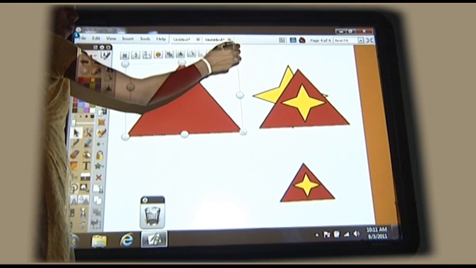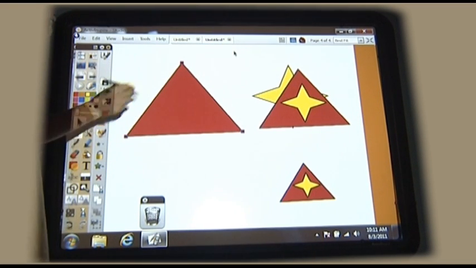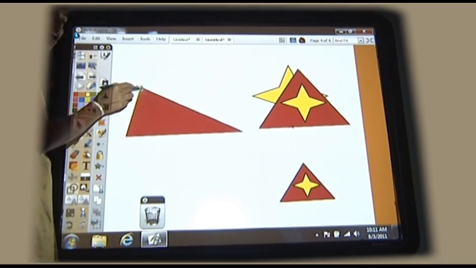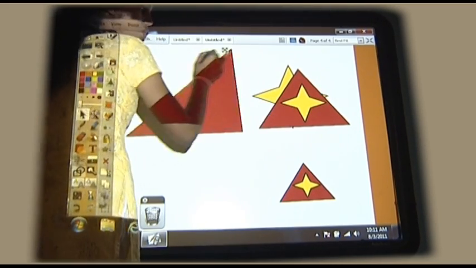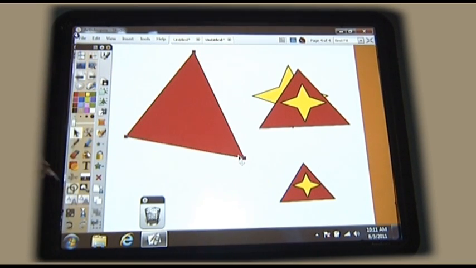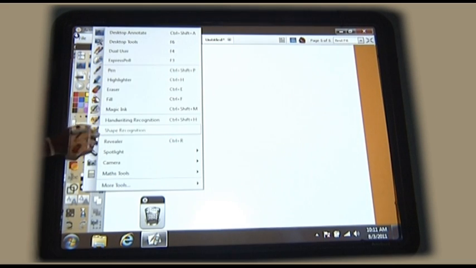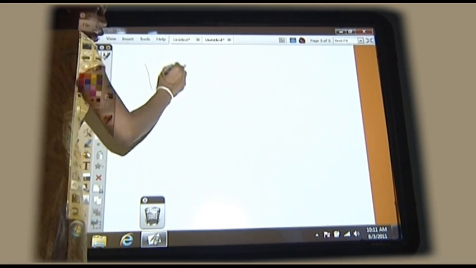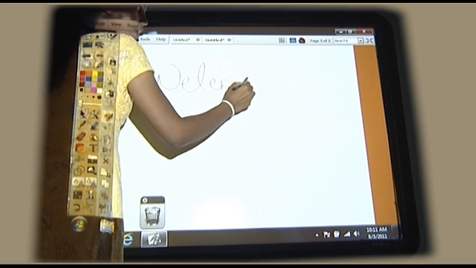Then we have edit shape points, like if I want a 90-degree triangle, I can just extend it and have a 90-degree triangle, acute triangle or an obtuse triangle. So whatever shape I want to change, I want to make of the triangle, I can do that using edit shape points. Next tool called handwriting recognition tool, where teacher writes in her cursive writing, that would get converted to a text writing.